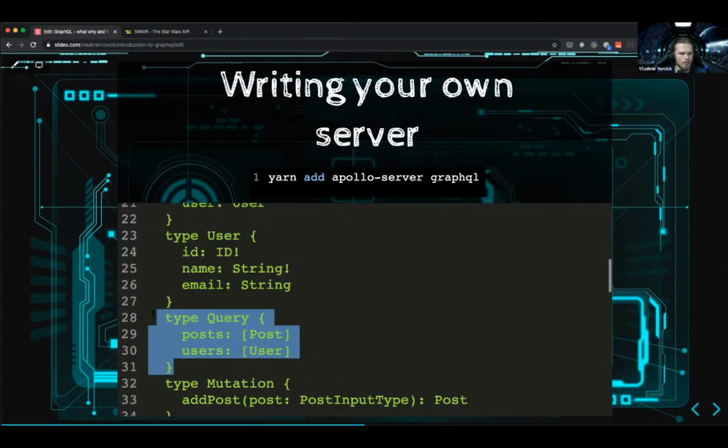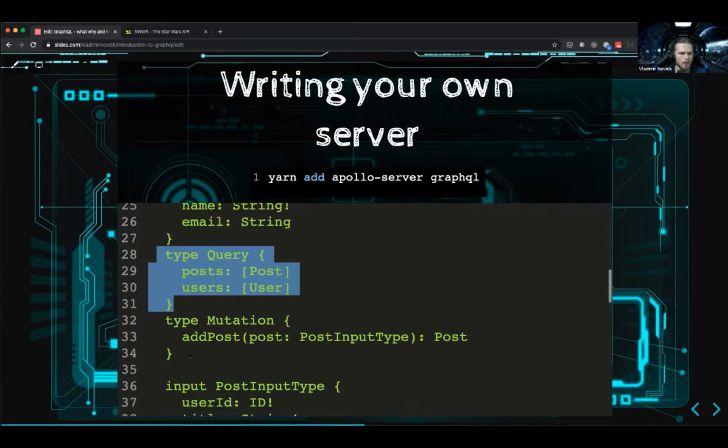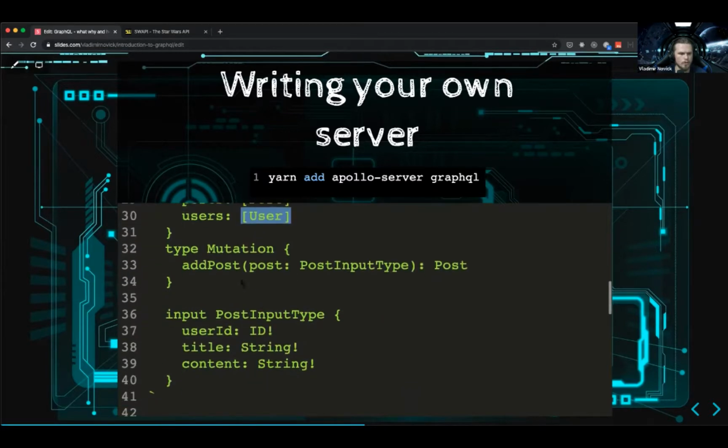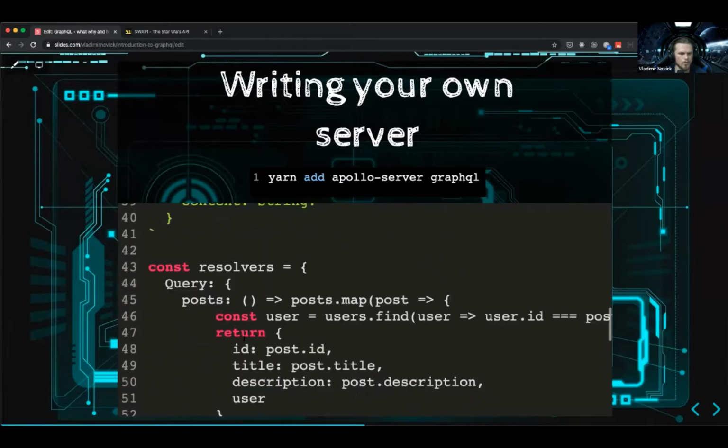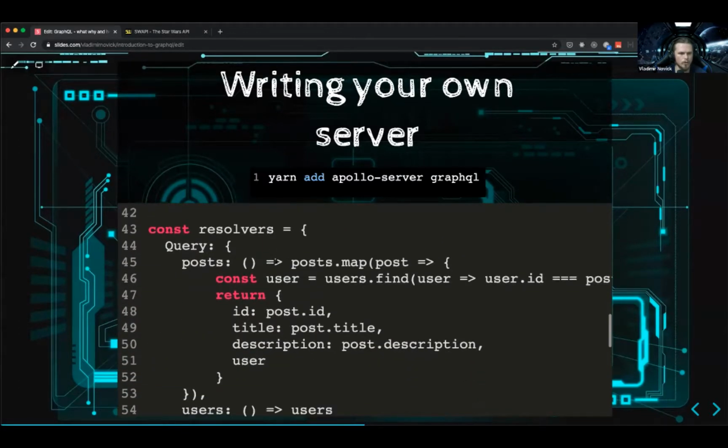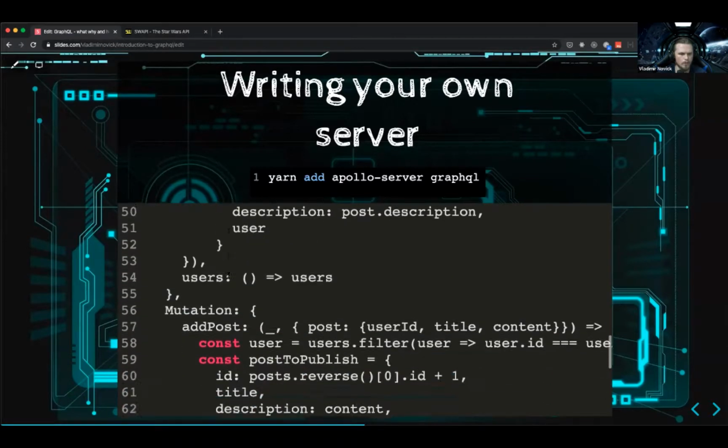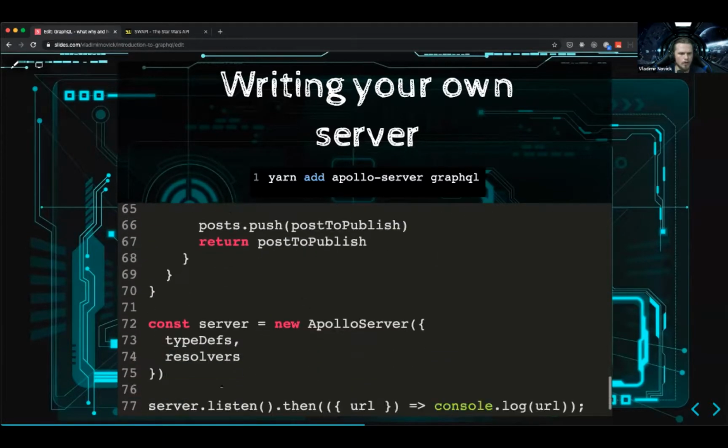These GraphQL types. Now, it means that I can query my posts and I will get an array of type post, and I can query users and I will get an array of type users. And it goes on. Now, the resolvers will be just a function that will get the data from my users variable and return it back to the client, right? And in the end, I run my server.